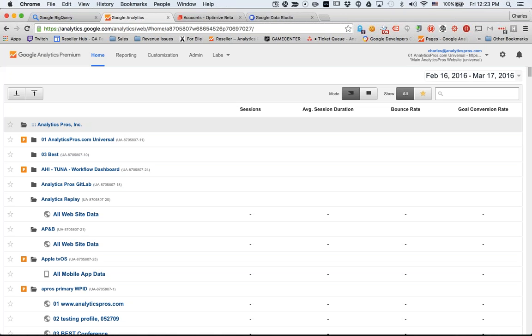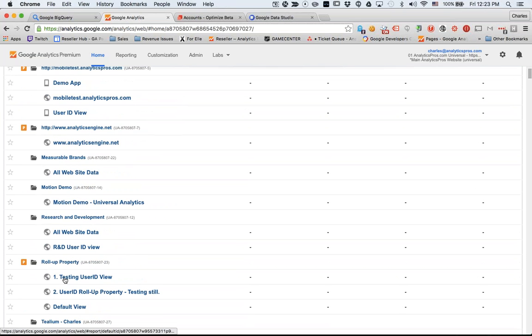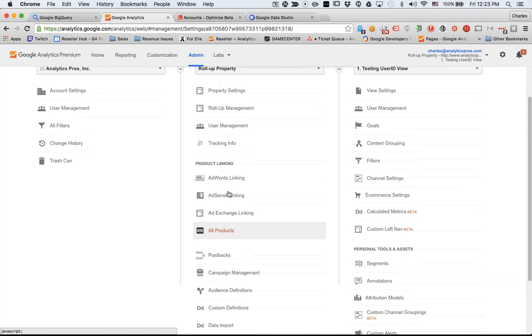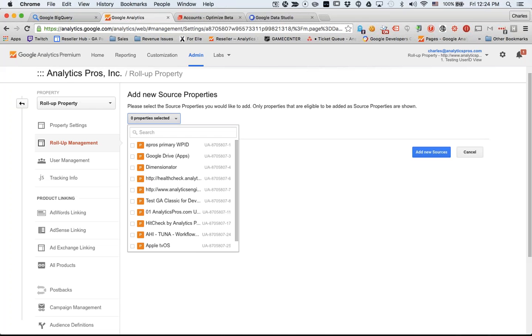But what rollup reporting allows us to do is essentially go in. So we actually have a rollup report configured down here. Let's see if I can find it. And we can go into the admin once we get this link through Google Analytics Premium. In a rollup property, it's the same as any regular Google Analytics view or property you create. But in here, you have the ability to simply select what properties you want to forward data